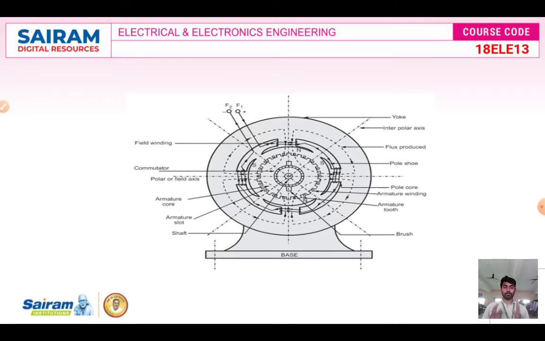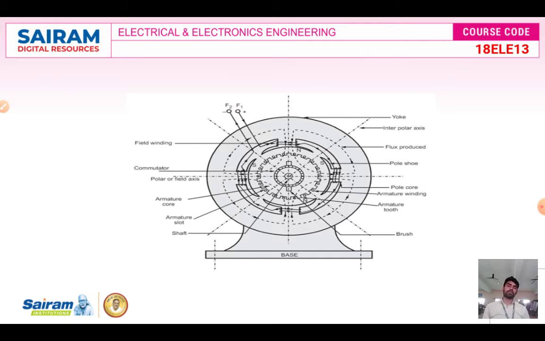The poles are needed for the calculation part; they'll give, for example, a 4-pole DC generator and the flux. The pole shoe is for enlarging the rotor core area and spreading the flux. Armature slots hold the armature conductors for inducing the voltage. The commutator collects the current from the armature conductors, and it converts AC to DC for a generator and DC to AC for a motor. Brushes collect the current from the commutator.